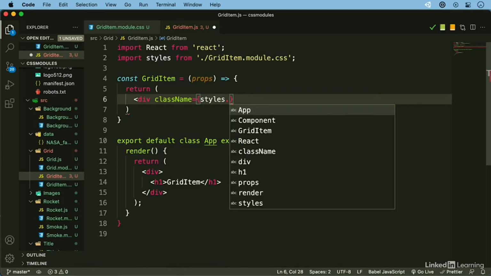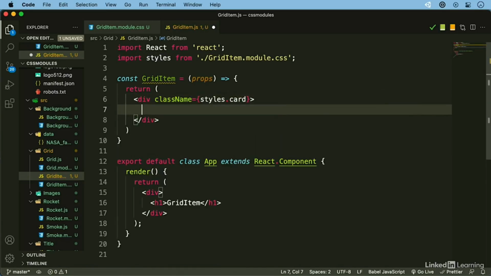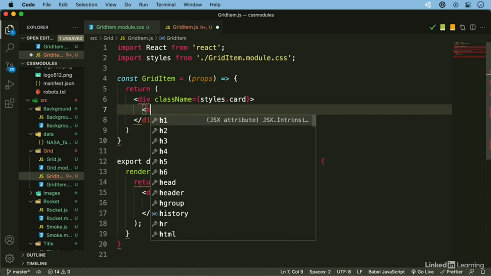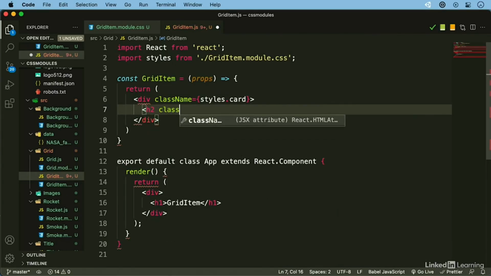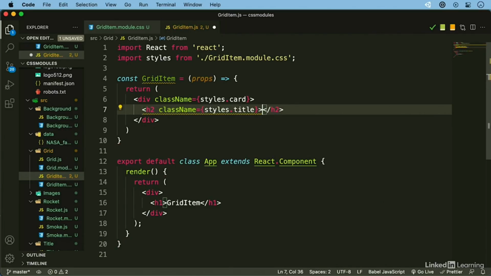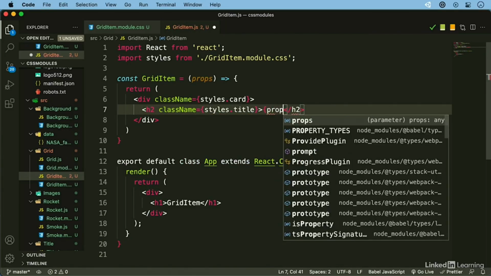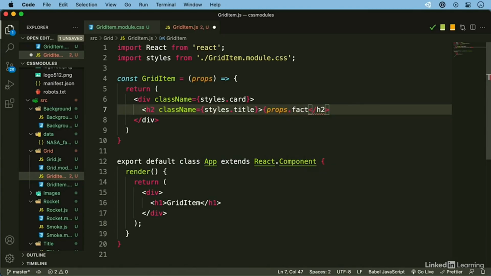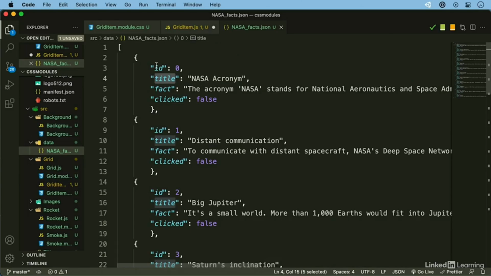So now we can leverage it right here. Styles dot, and this one is the card. Boom. And then we can start working on our H2, our title, with a class name. And again, we defined already a style for our title. And for this guy, the title is going to be passing props dot fact dot title. And again, if you wonder what I'm doing, let's go to the data and we're passing this guy. So we have the ID, title, fact, clicked that we have available for each item inside of that component. So let's leverage the title first,